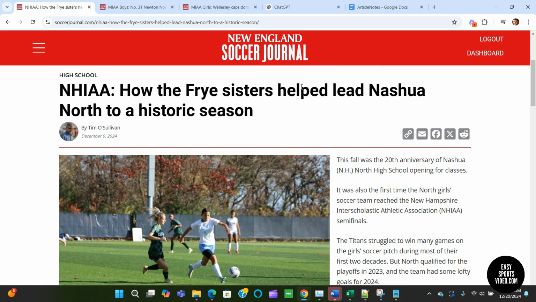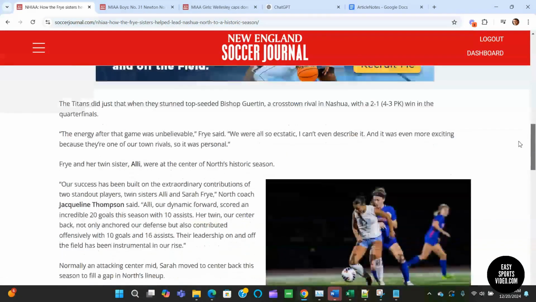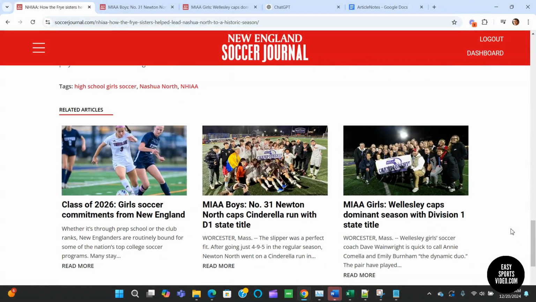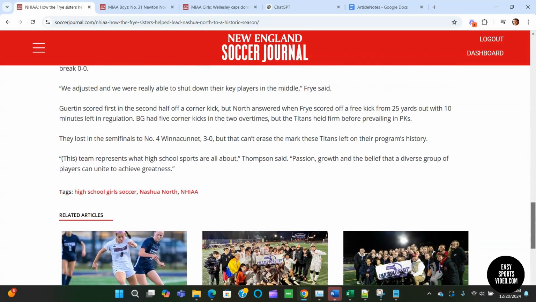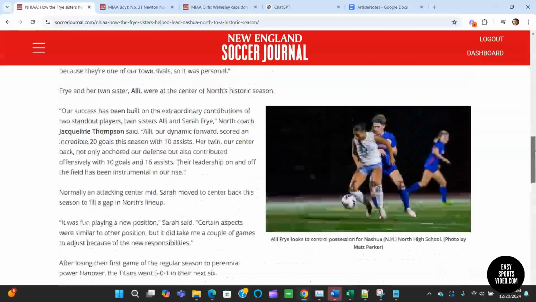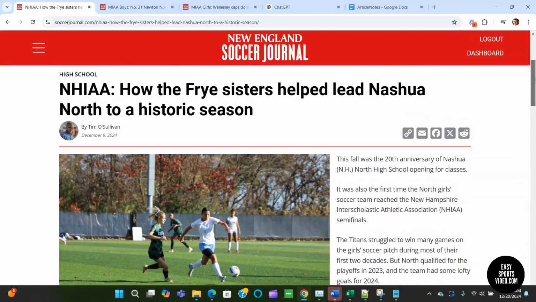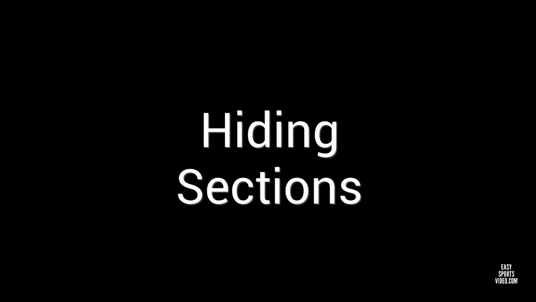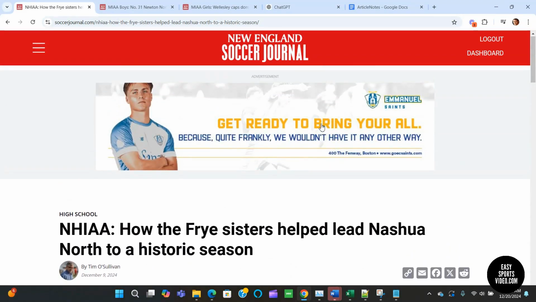So these are things that we already pay for, but what we would like is to save these for memories. The trick is that a lot of the time there's formatting like advertisements or additional articles, or sometimes there's sidebars that make it look very awkward and messy when you print it out. So I'm going to show you how you can save this off using ChatGPT. The way that you start is you find items that you want to hide, and you right